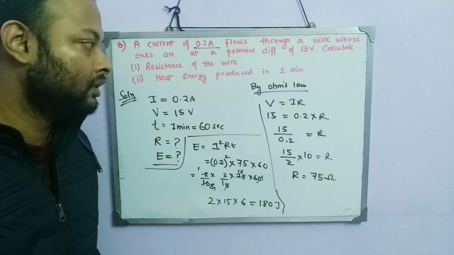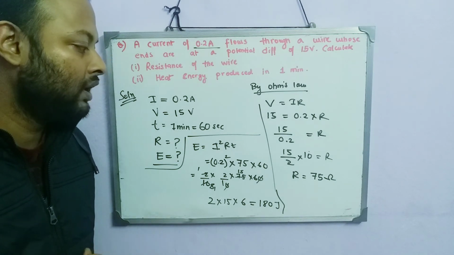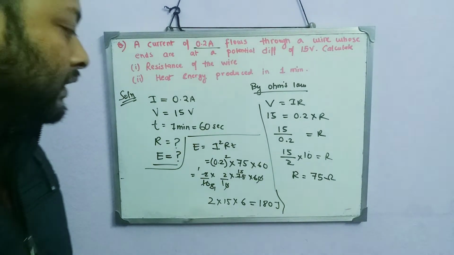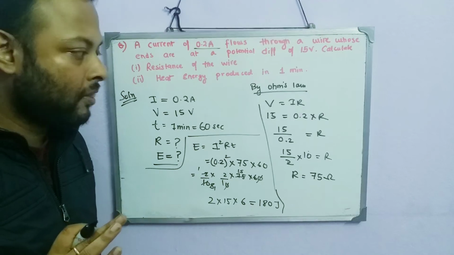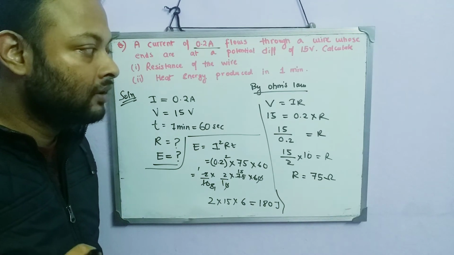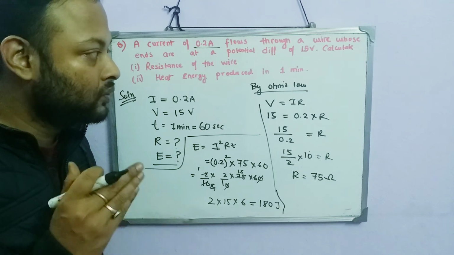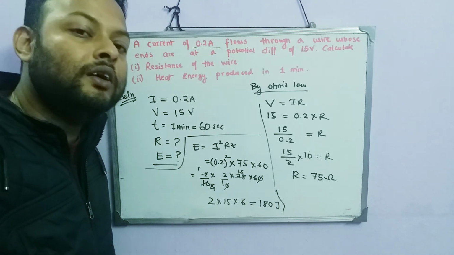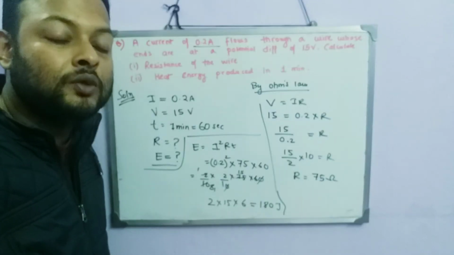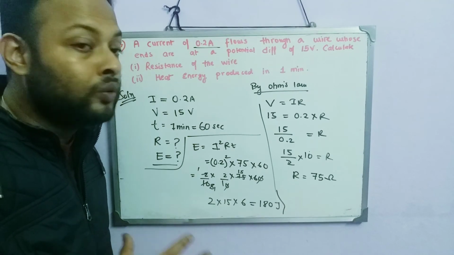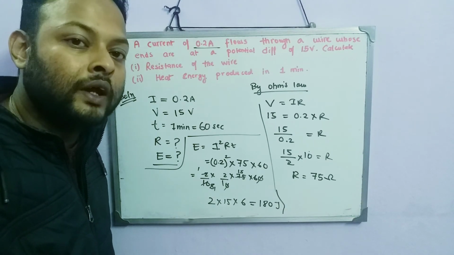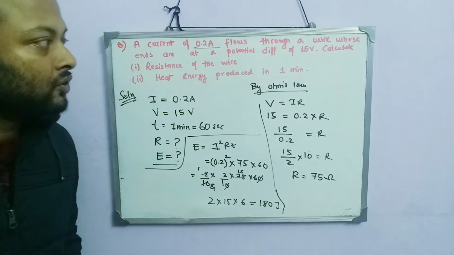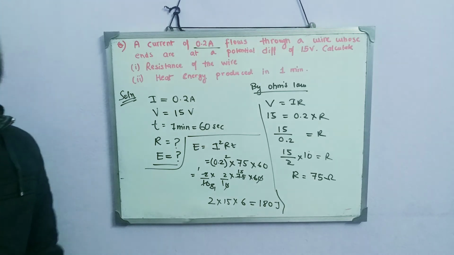I hope you understood how I did this sum. I just applied the formula I square RT to get to the answer. So I guess there is no problem in understanding this sum. Just remember the few formulas which I have derived, and using those formulas you will understand. So these are the two sums which I have done related to energy. Now after this we will discuss the commercial unit of energy. We'll discuss the basic concept of that. So next topic, commercial unit of energy.